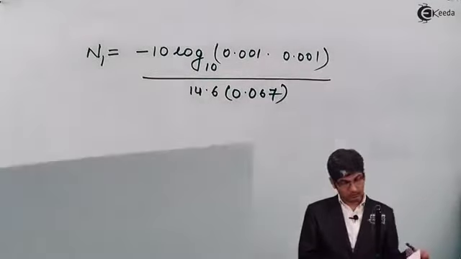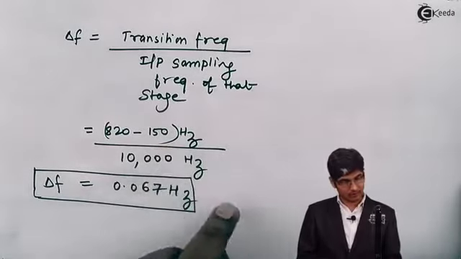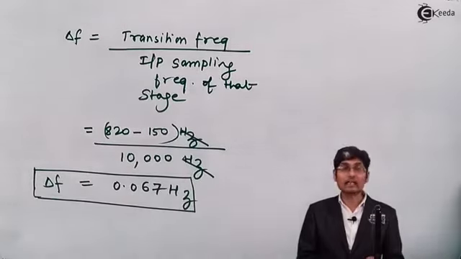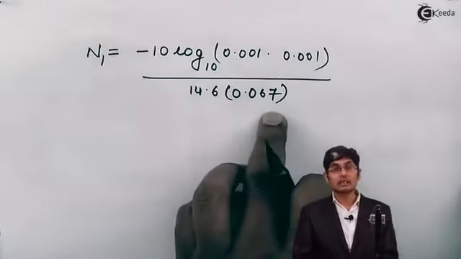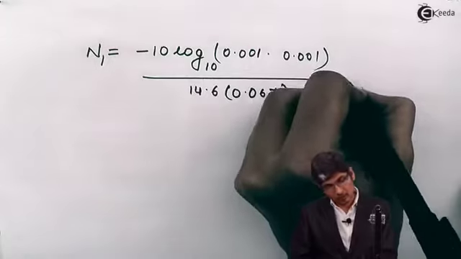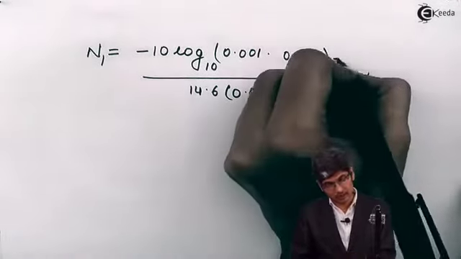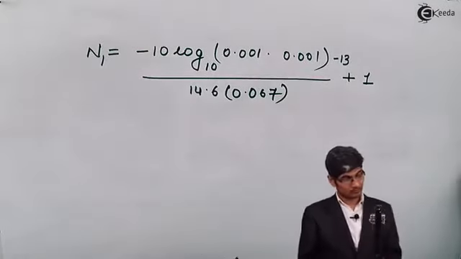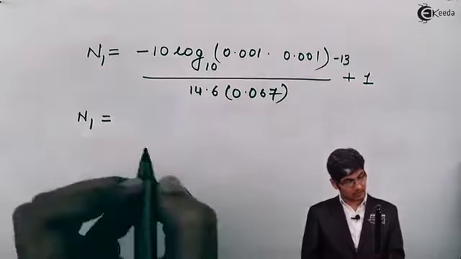Here I made a mistake: we have 820 minus 150 divided by 10,000 hertz, so the hertz cancel and there will be no units for delta F. Have I missed something? Yes, here it is minus 13 plus 1. With that the value of n comes as